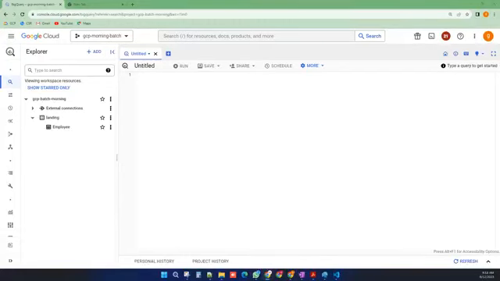Click on this landing. When you click on these 3 dots, you will be able to see the create table option. Click on this create table option. Once you click on it, you have here source. Do you want to create an empty table? If you wanted to create an empty table, just click on the table and provide the schema. Just click on create table. If you wanted to create a table by loading some data,